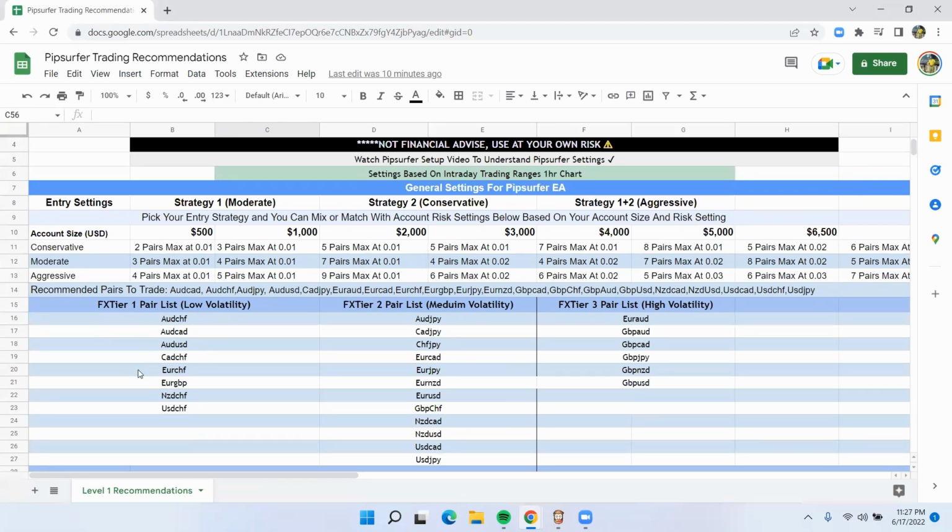We tested each Forex pair based off of their volatility and calibrated good settings for those volatility levels. And this is what we have for making it simple for people to get started trading with Pipsurfer. But for example, let's say you have a $2,000 account. You're a moderate risk trader. So you would do a $2,000 account,